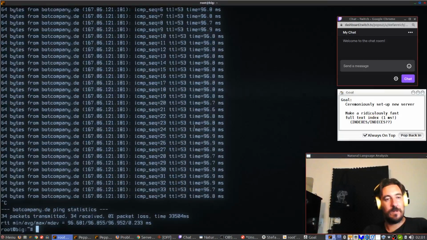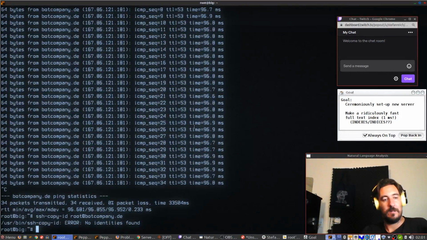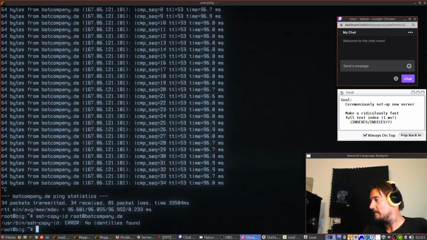Okay, so I have this one little trick to set up a new server. I need to copy a file, and for this I need another SSH copy ID. Yeah, and this is the usual crap. I wrote it down somewhere. Let me see. I actually forgot how that works.